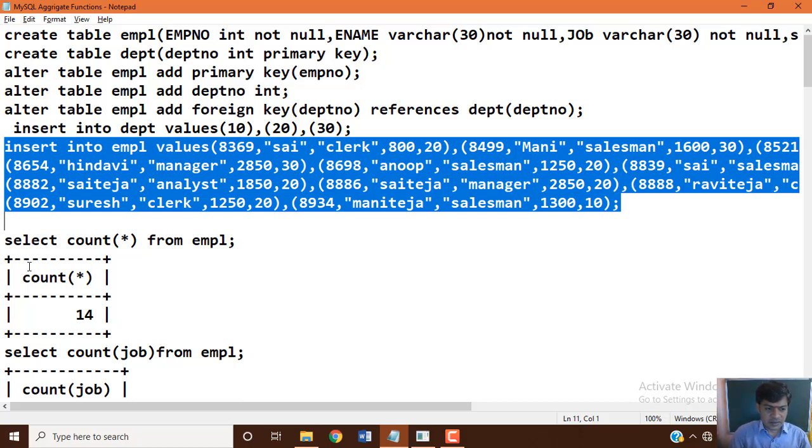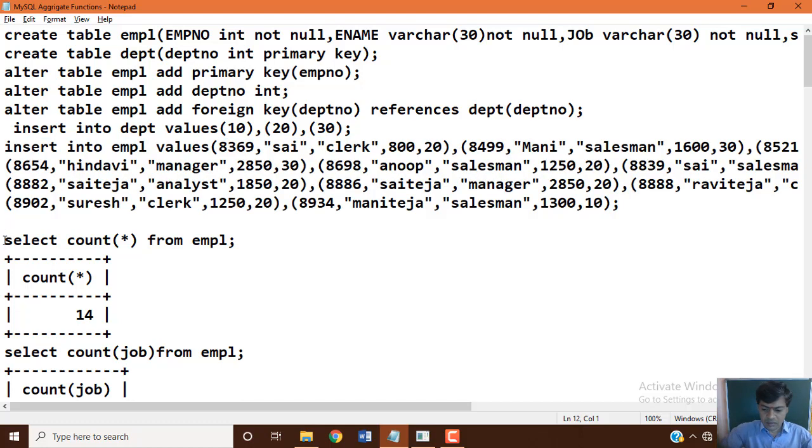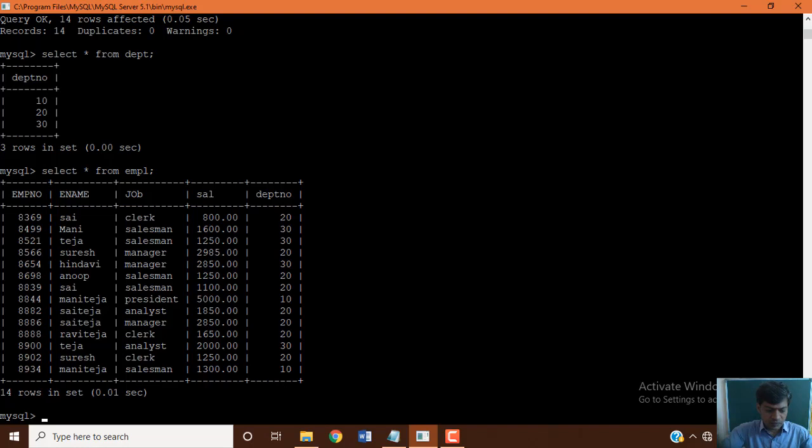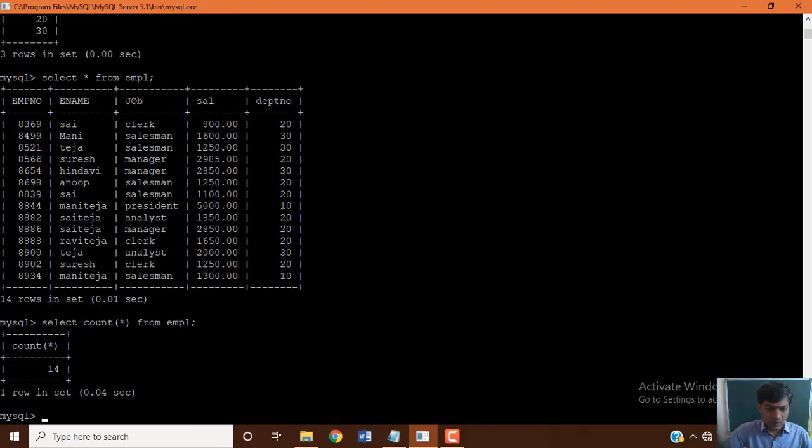We'll work with the select command and the aggregate function with the asterisk symbol: select count of asterisk from EMPL.